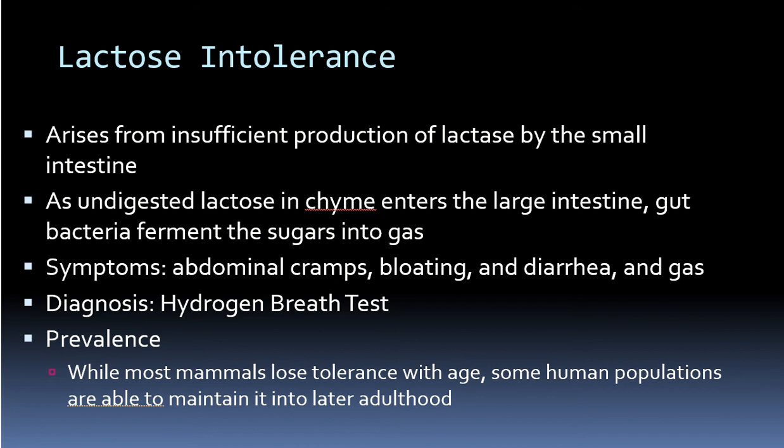What happens after failing to digest lactose is that lactose in the chyme will enter the large intestine. Their gut bacteria will essentially ferment those sugars, causing gas to form, one of those gases being hydrogen gas. Now, thanks to gas forming in the intestine, this can cause abdominal cramps, painful bloating, diarrhea, and, well, gas, of